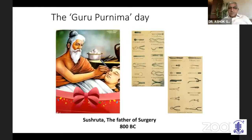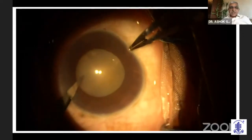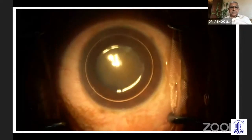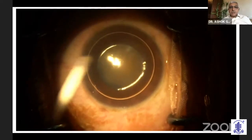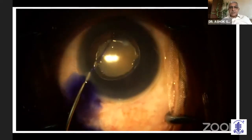So we are meeting on the day when it is Guru Purnima. A nice day to remember Sushruta, the father of surgery and cataract surgery. Before we go on to this video, this is a video which will be presenting the options and the technique that you have when your rhexis gets broken in a radial fashion and you have a hard cataract in front of you. It started with a very routine surgery in a mature hard cataract with topical anesthesia, temporal incision,